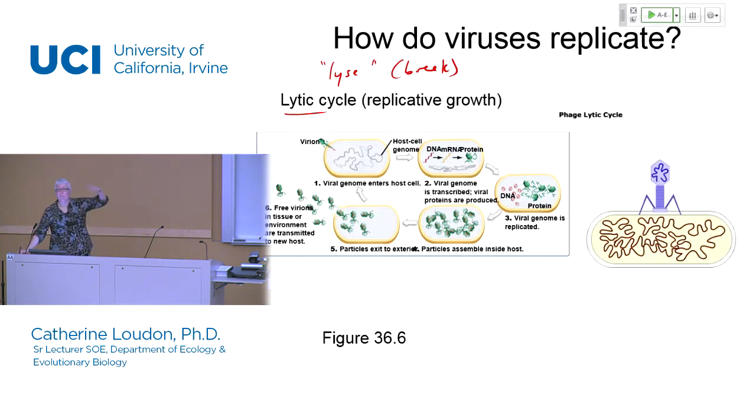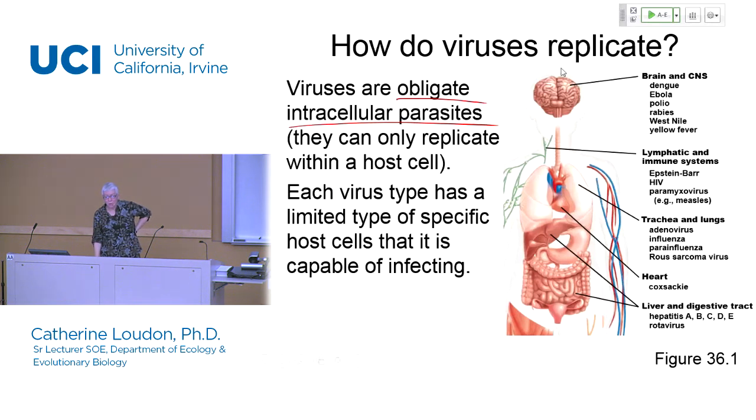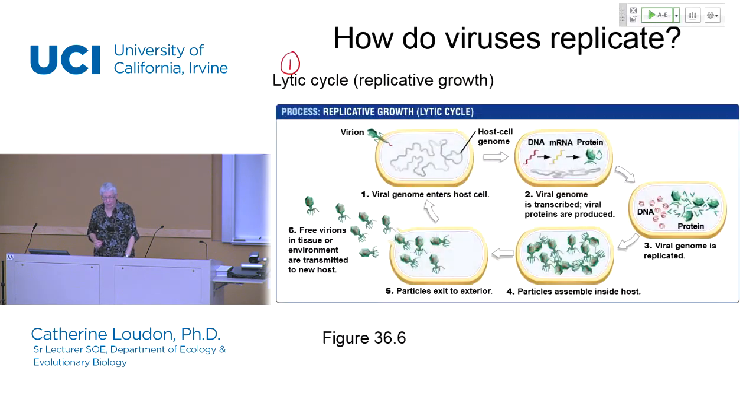And of course, if the cell is breaking open to release the viral particles, this kills the cell, and so the cell has been damaged. Oh, there was one thing I also wanted to say, depending on where the host cell is taking up residence, replicating, that's associated with the symptoms of the disease that is caused by the virus, right? You're going to have completely different symptoms if the virus is replicating in cells of the respiratory tract versus your liver cells, for example.